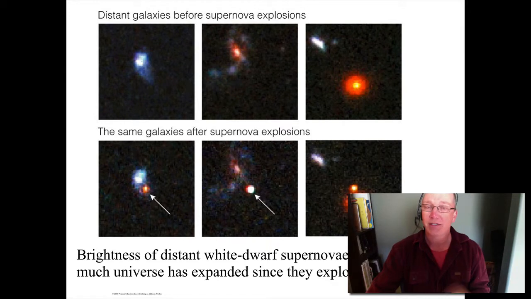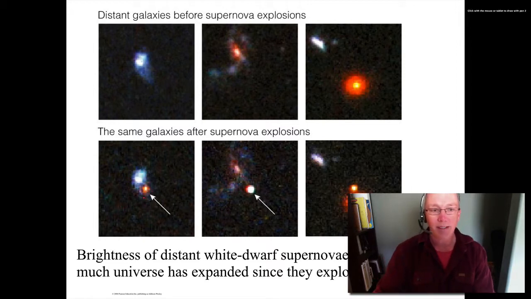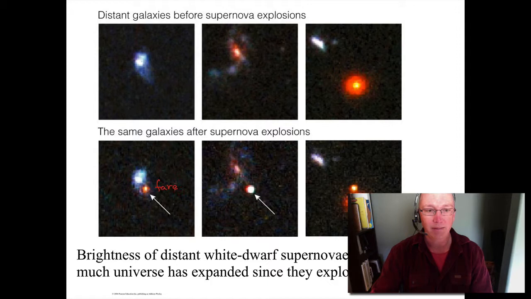The cool thing about these type 1a supernovas, these white dwarf supernovas, is that they always have the same peak brightness. So if we can find one right here next to a galaxy, they all have the same peak brightness, which means that you can look at these things and tell the relative distances of the galaxies. So I can just look at this and I can say, well, if all of these things have the same peak brightness, then the dimmest one's going to be furthest away. So this one is the farthest away. So this is the farthest one away because it's the dimmest. This one's the middle distance away because it's about the middle brightness, and this one's the closest.